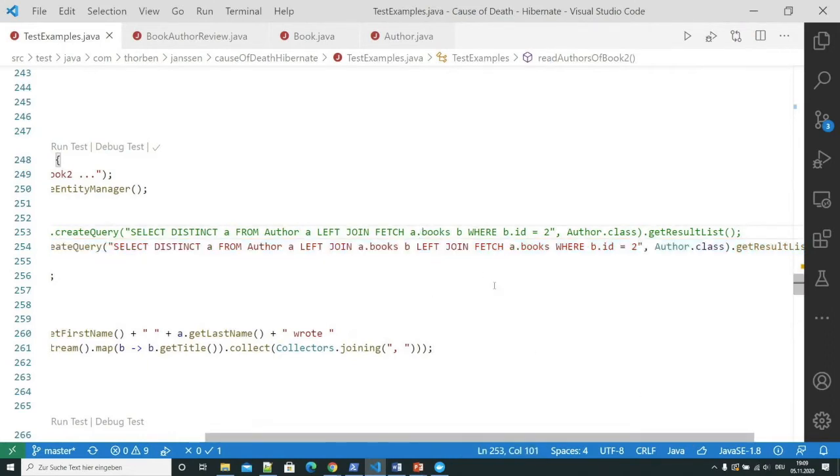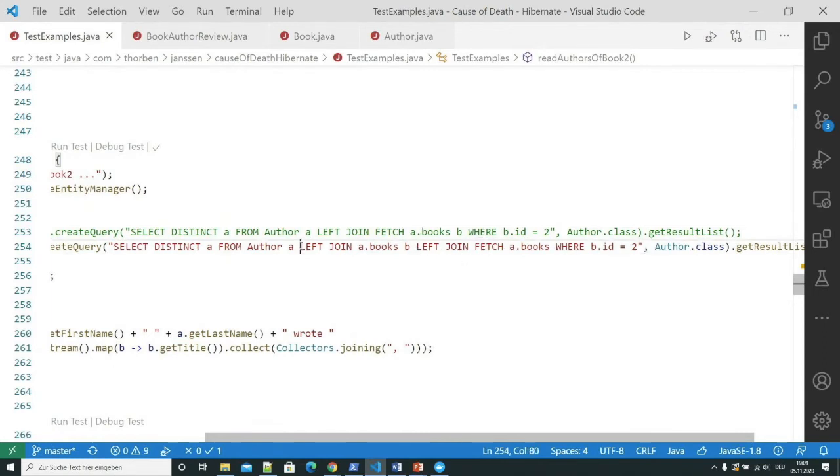But I hope we all agree that the result of the first query is just plain wrong. I mean, we requested the authors with a fully initialized list of their books, and we don't get a fully initialized list of books. We might even run into the situation that at some point Hibernate thinks, okay, we now need to replicate the changes that we made on our entity objects back to the database, and in the worst case, we will lose data because we didn't select all the books that were written by the author.